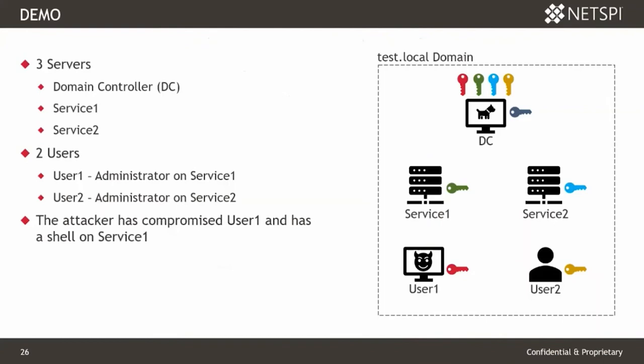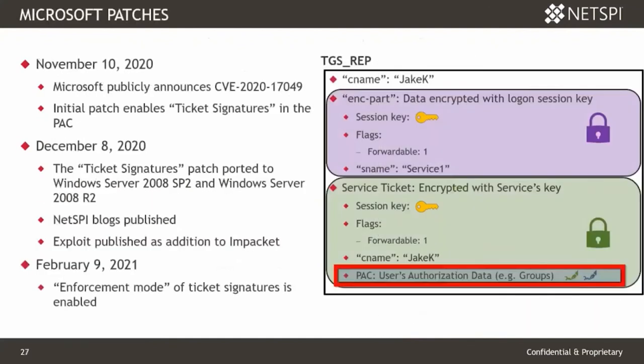Welcome back from the demo. I hope you enjoyed. Now that we understand Kerberos itself, we know the Bronze Bit vulnerability, and we've seen it in action, I'd like to briefly touch on Microsoft's fix for this issue. In November and December of 2020, Microsoft released a series of updates to enable ticket signatures. These updates add a signature of the ticket's contents into that PAC data structure. Because the PAC is signed by the KDC using both the service's secret key and the KDC's own secret key,